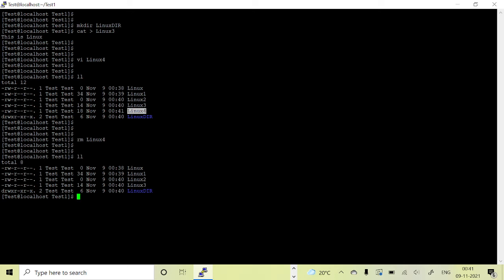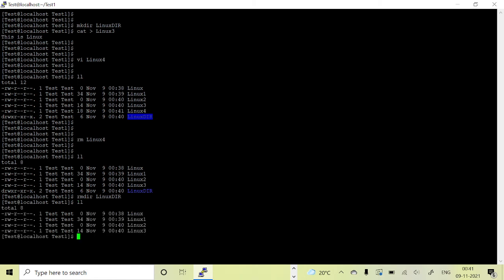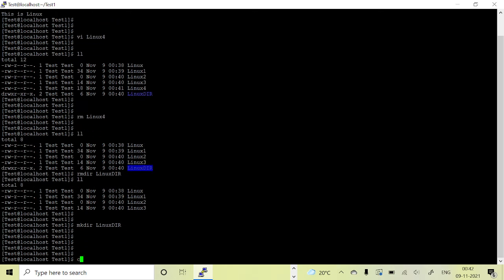So now I will show you different things. I have a directory and I'm going to delete it with rmdir. The directory is deleted. We are not seeing any errors, right? The linux dir is created. At the same time, I'm going to create the same directory, mkdir linuxdir, and get inside of this directory. I have to use the cd command to move inside the directory.